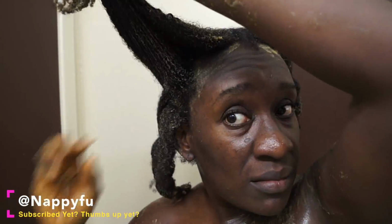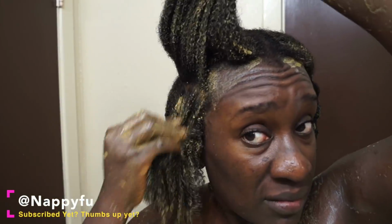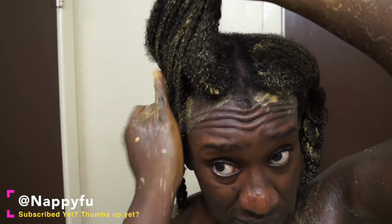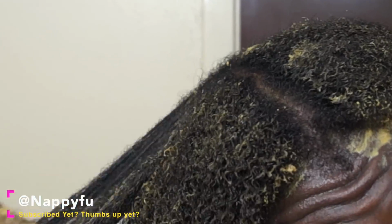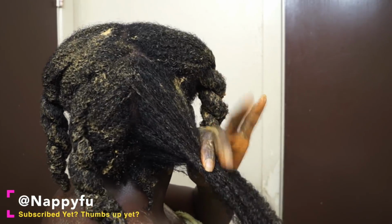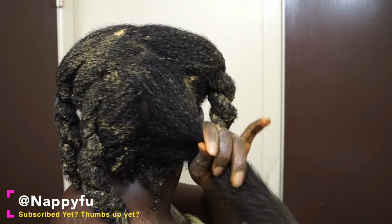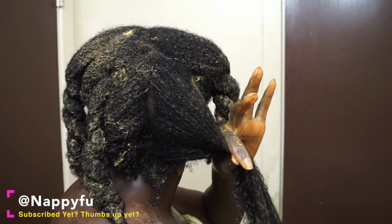See, if you think about it, protein treatments are basically a treatment that attaches itself to your hair to improve moisture retention, right? Because the less gaps you have, the more you're able to retain moisture, okay? So that's what protein's goal is. So when it comes to strengthening your hair, the goal is to fill in gaps. The less gaps you have, the more you're able to maintain moisture, and the stronger your hair is, also less